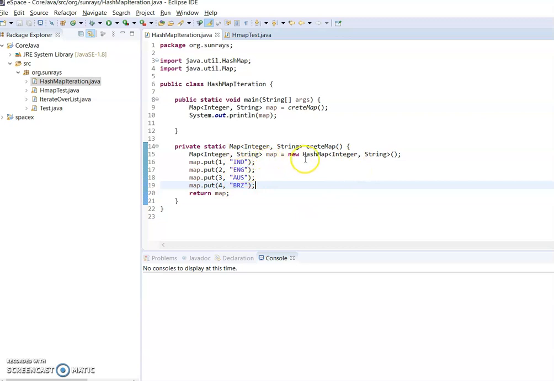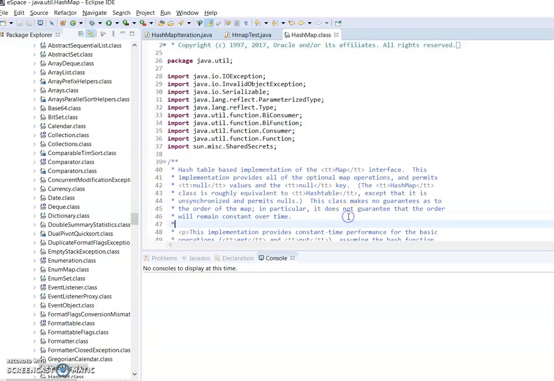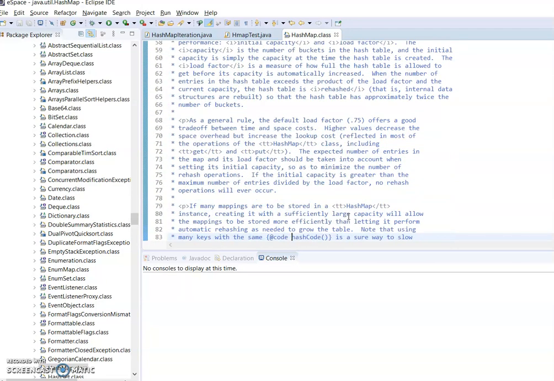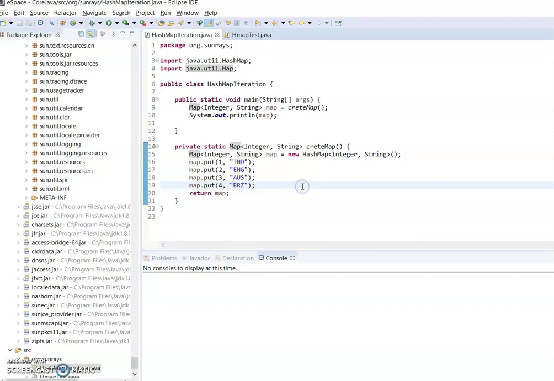Here I have created a hash map, which is an implementation of the map interface. We can see the source code here. Hash map is the implementation of map, and there are various methods provided to store key value pairs and retrieve the data from that map.